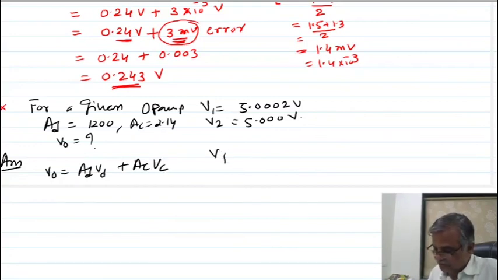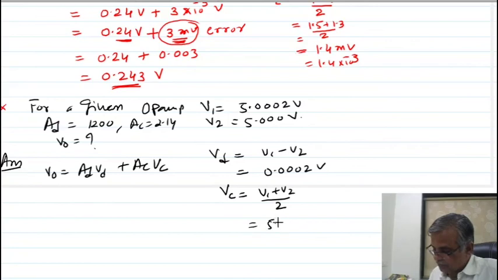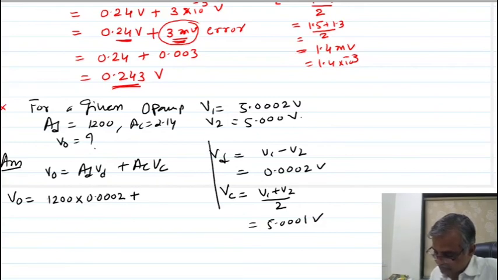So your VD is V1 minus V2, so 0.0002 volt. VC is V1 plus V2 by 2, 5.0001 volt. So my output voltage of this amplifier is 1200 into 0.0002 plus 2.14 into